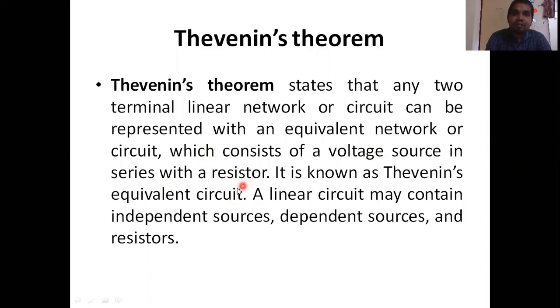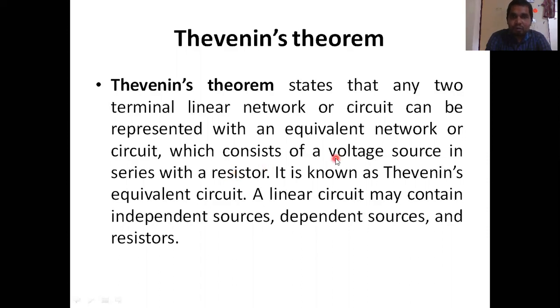This is just said for the DC. The only difference between DC and AC circuits is that you will have the impedance. Impedance is a combination of resistance and inductance. So for a DC circuit, you will simply say resistance, right? There is no effect of inductance and capacitance. So that's why.